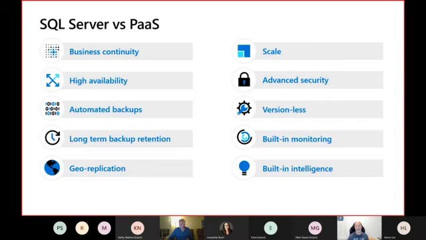Built-in monitoring, you can have all the tooling that we've been using to monitor SQL Server since forever, profiler, extended event, you name it. And also the benefit of the Azure cloud, that you can have log analytics and do advanced monitoring for your Azure SQL environment. And then the built-in intelligence, right?